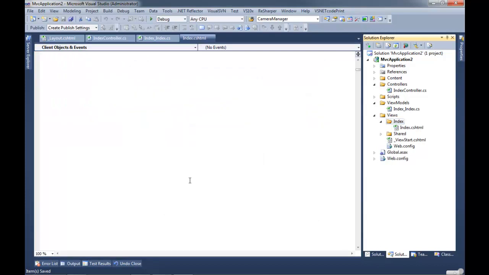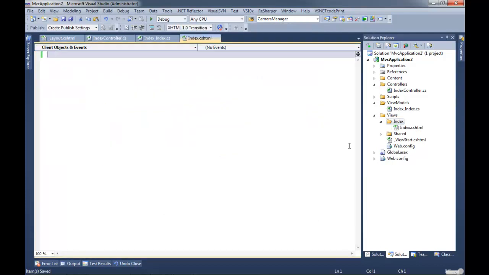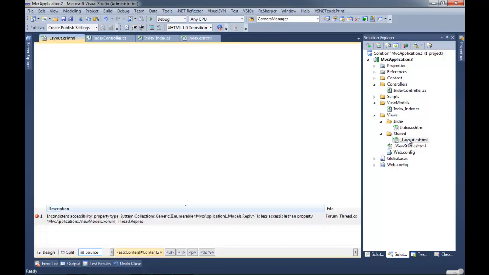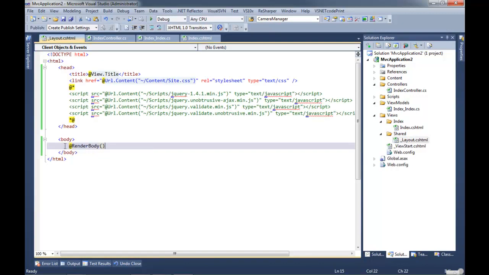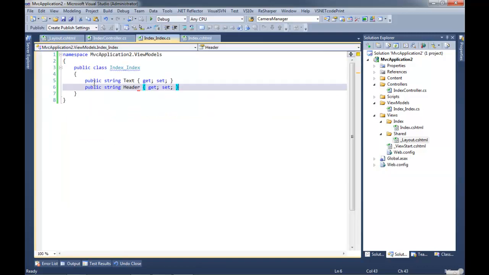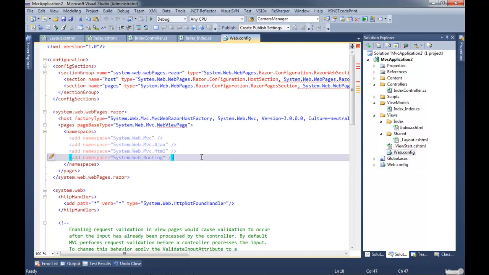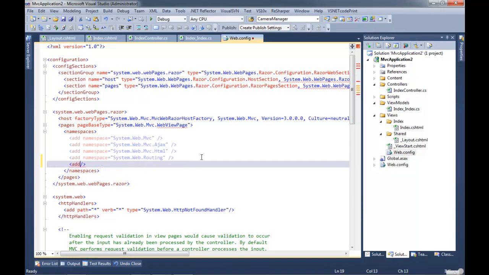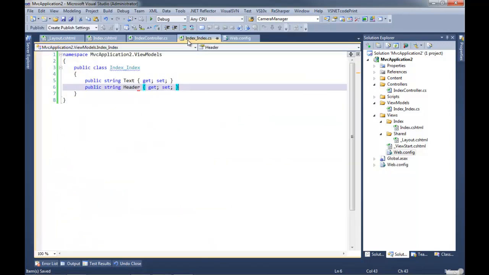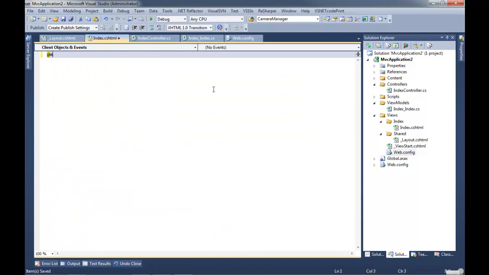Yep. And I'm just going to create a blank page, delete everything, and you'll notice in my layout we have a call to RenderBody, and that's equivalent to the master thingy. So everything in here will be stuck where that RenderBody is located. Now, how do I add a strongly typed model? Well, first I have to add that namespace, so it'll be a little bit cleaner. MVCApplication2.ViewModels. And then we go back into our file, model.